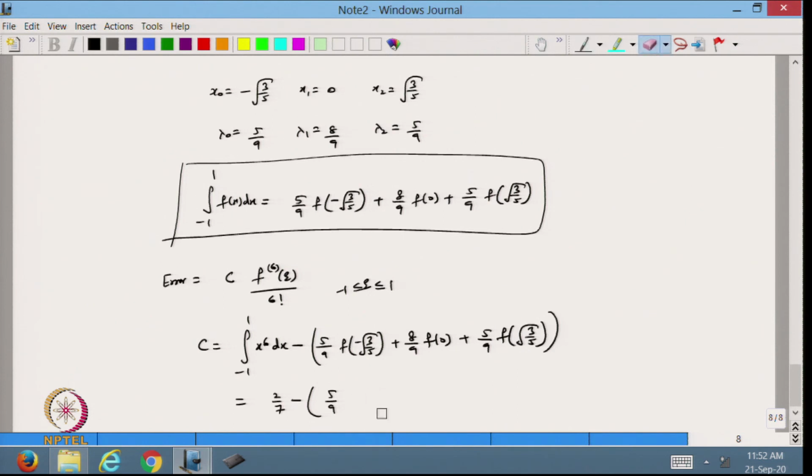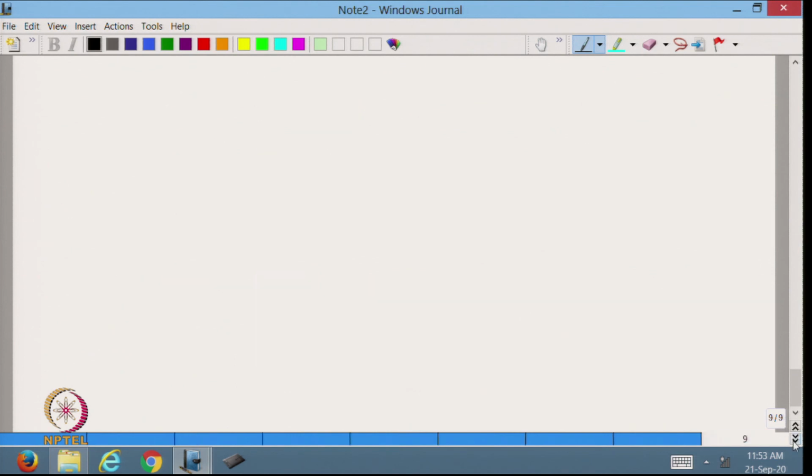So, this will be equal to minus root of 3 by 5 to the power 6, plus 0, so it will be 0, plus 5 by 9, and this will be root of 3 by 5 to the power 6. So, this one we want to calculate, and if I do the calculation for this one, it is coming equal to 8 by 175. So, from here I can say that the error corresponding to this will be